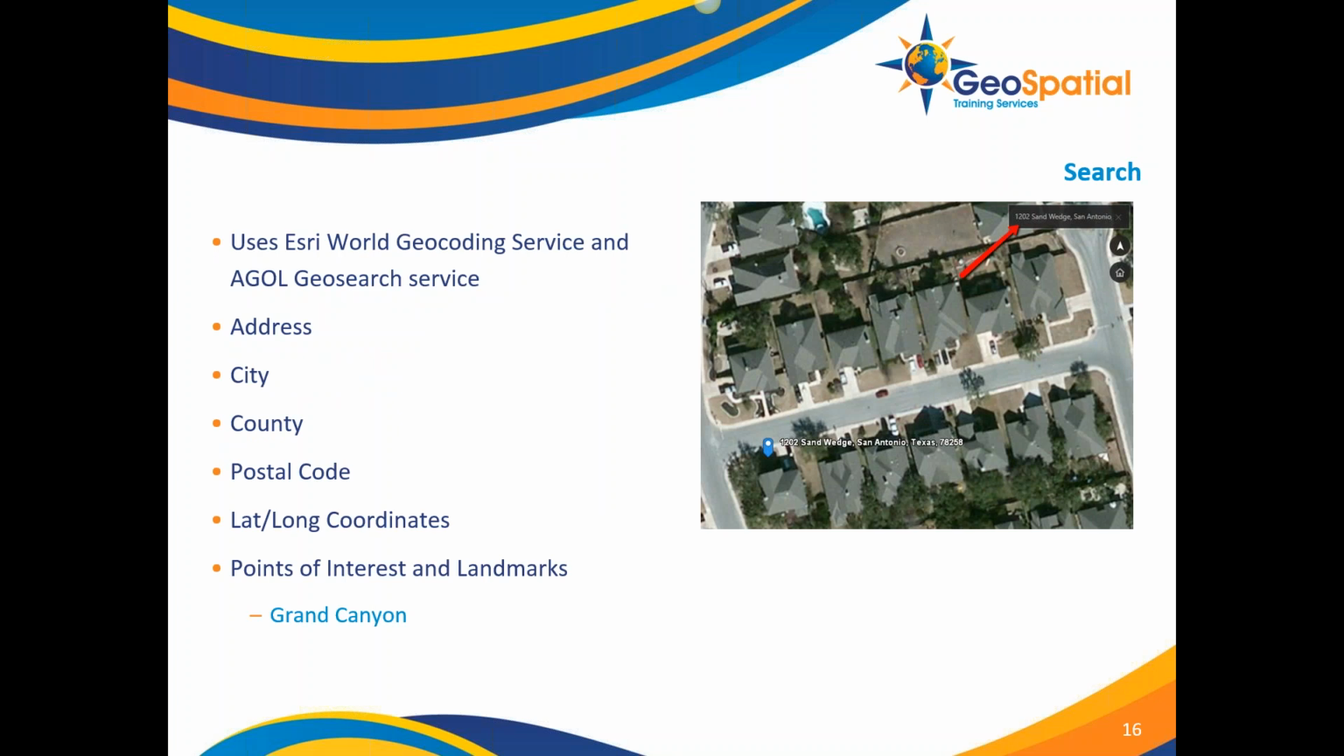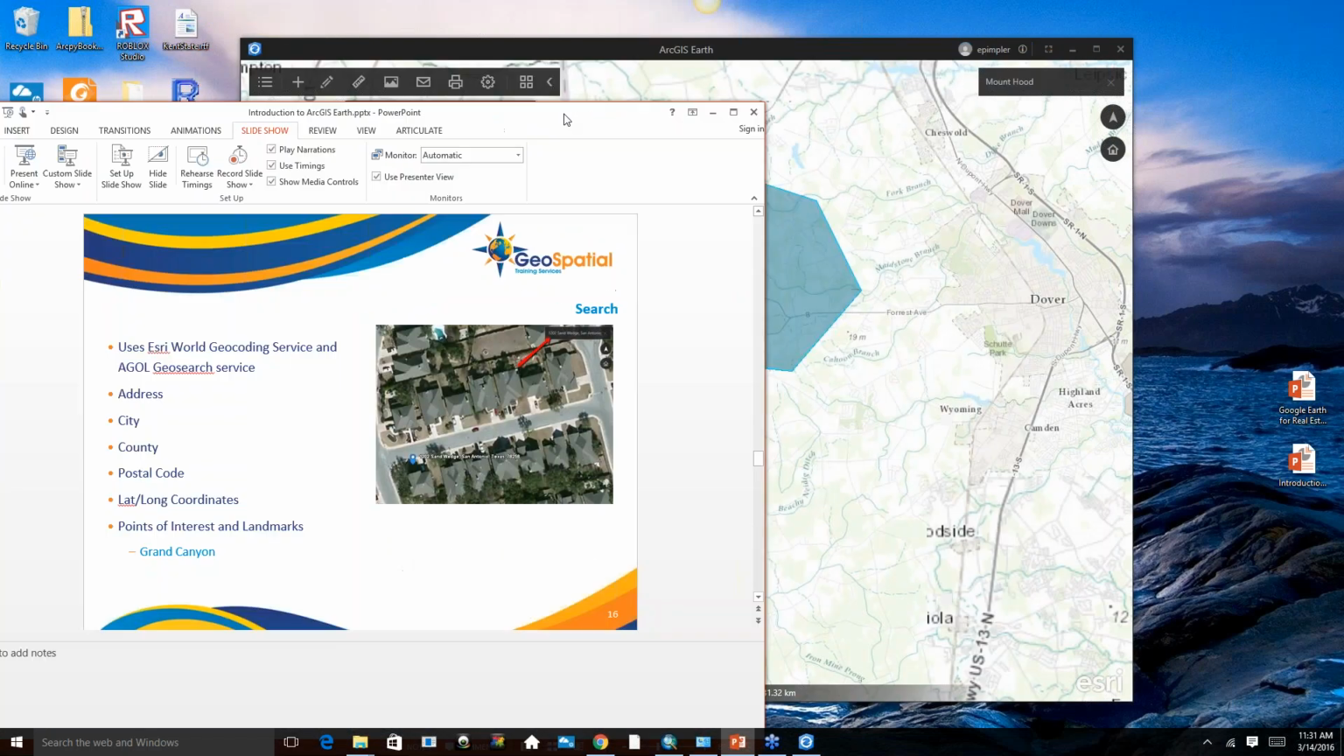Search functionality. The little text box here at the upper right-hand corner of ArcGIS Earth allows you to search for different things. And it's a pretty robust tool. It uses both the Esri World Geocoding Service and the ArcGIS Online GeoSearch Service. So it allows you to search for specific addresses, cities, counties, postal codes, coordinates if you have them, also points of interest and landmarks. All right, so if we go back to ArcGIS Earth,